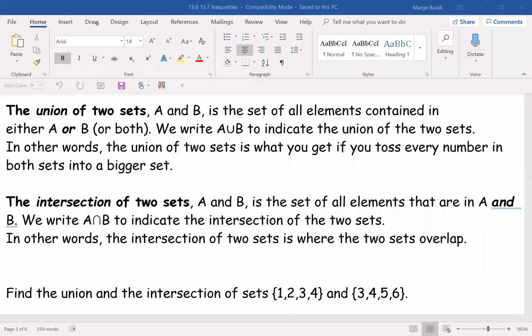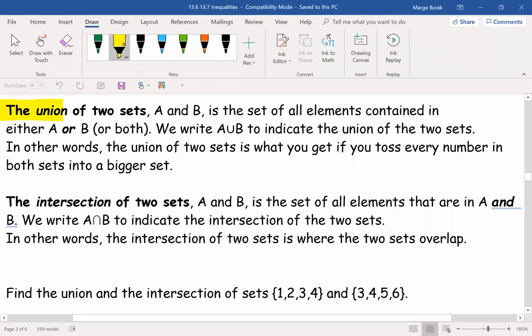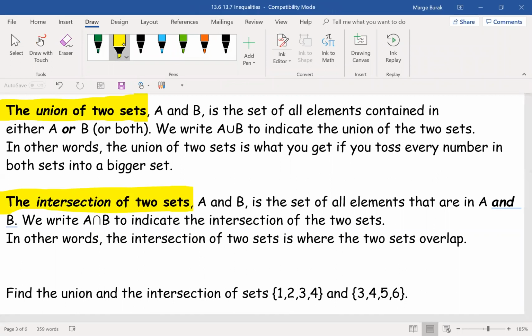Okay, let's talk about the union of two sets and the intersection of two sets. The union is the set of all elements contained in either A or B or both. We write that with a U, okay? In other words, the union is what you get if you toss every number in both sets into a